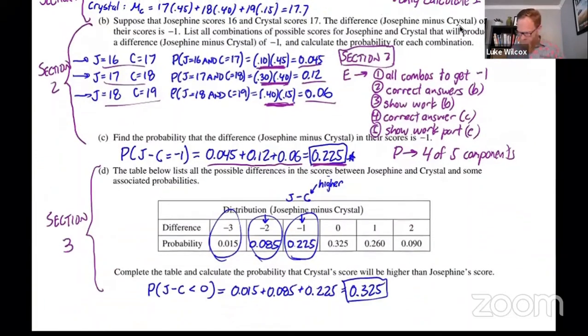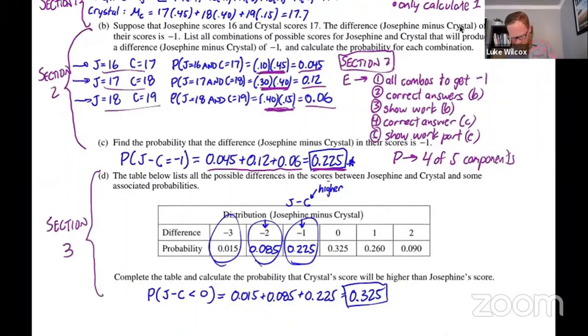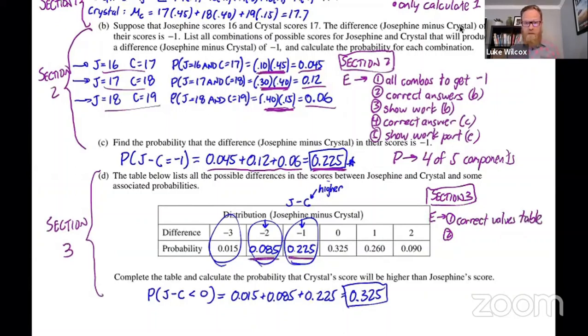And let's get to section 3, the very last part here. Talk about how we would grade section 3. So in order to get an essentially correct, there are 2 components that are needed. First of all, you have to have the correct values in the table. And there were 2 of them, right? This value and this value have to be correct for component 1. And then number 2 is to have the correct final answer